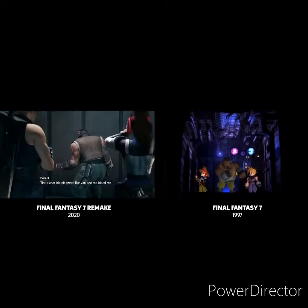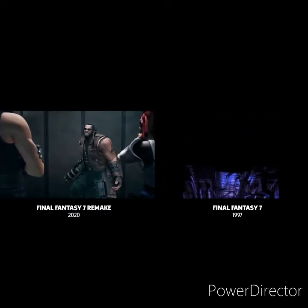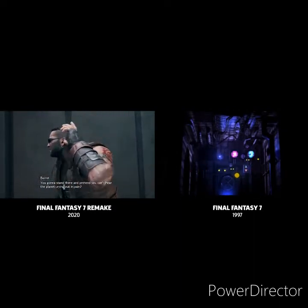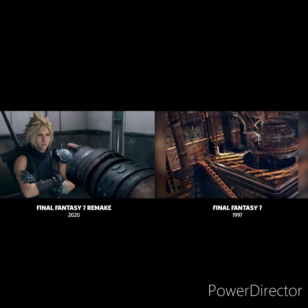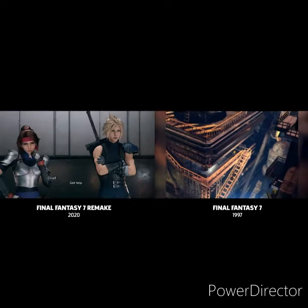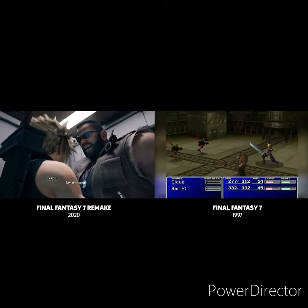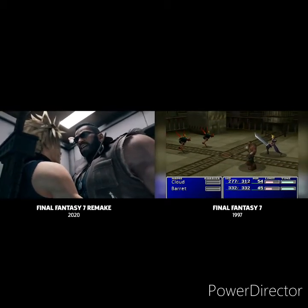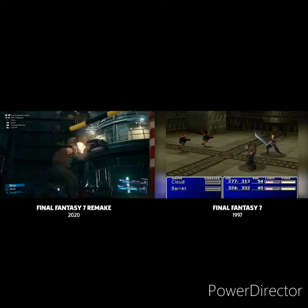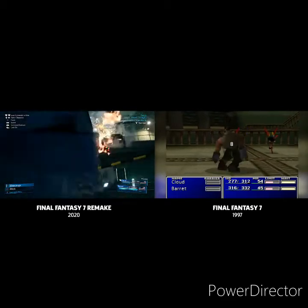Now, also, I love how they made the graphics. Back then, the graphics were all 2D because that was the latest development, and you could barely make out the characters, which wasn't that bad actually. You could still know who was who, though you didn't have a clear view of how they might have looked back then. And of course, on your left side, you have